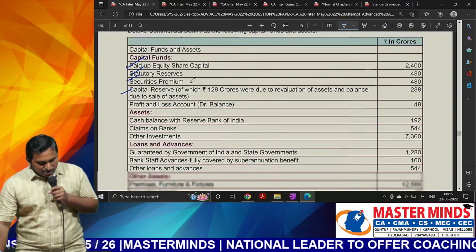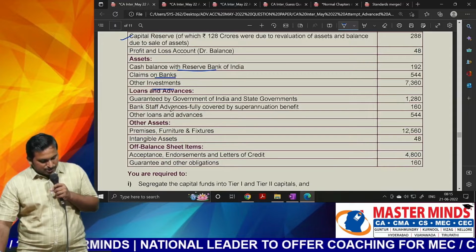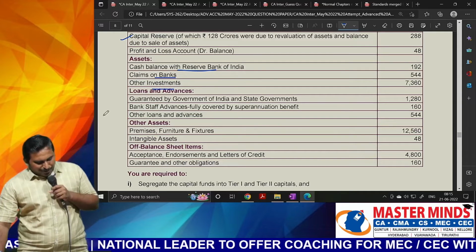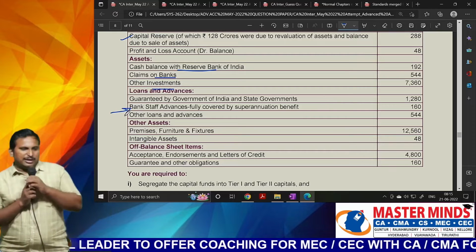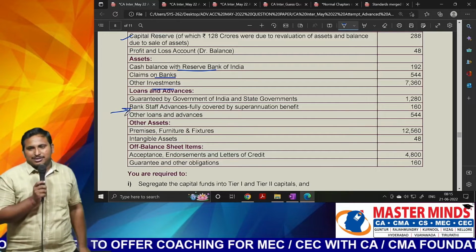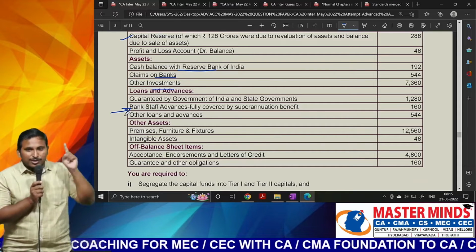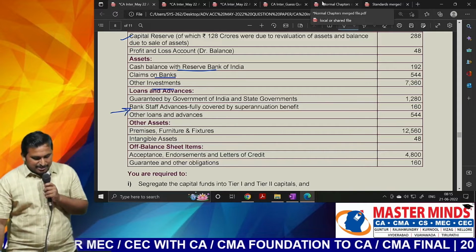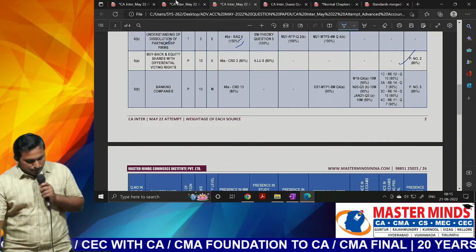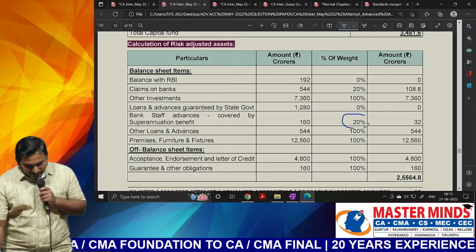In the examination, they have reduced those assets. It is common. Claims on banks, all these things are common. One new point alone they have added, sir. One new point alone. I think this was asked way back some 5 or 6 years back. Once they have covered this point. This is one of the points which will just influence your risk percentage, sir. Are you getting my point? I think you have to compute the risk percentage, right? In one of these points, you have to place the risk percentage.